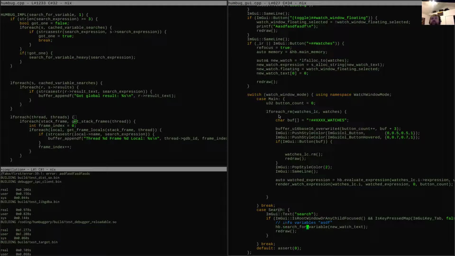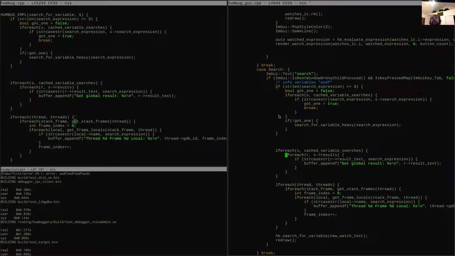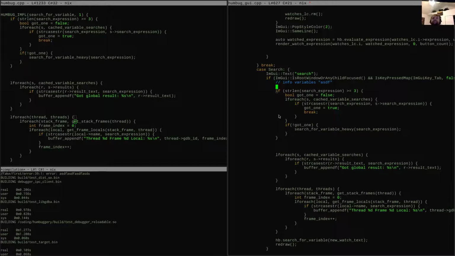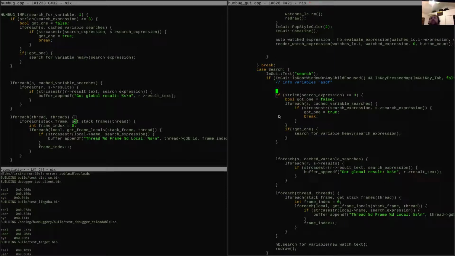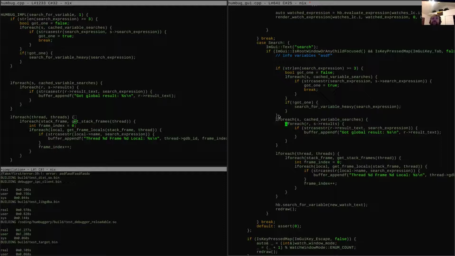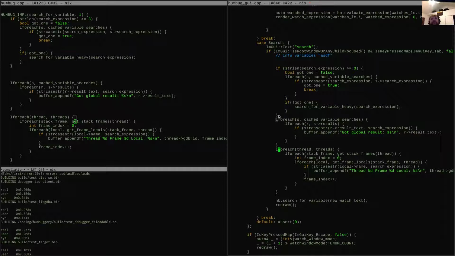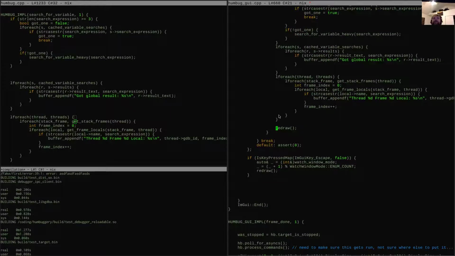There we go. Search for variable. And we just want to do all of this stuff. It is kind of nice to be able to make this just a function that people can call, but I don't know.